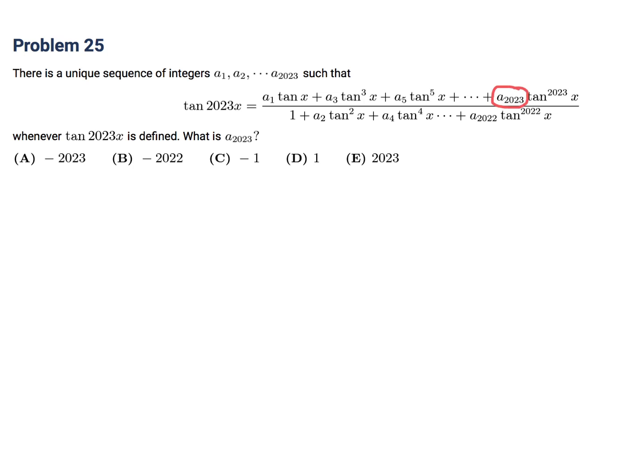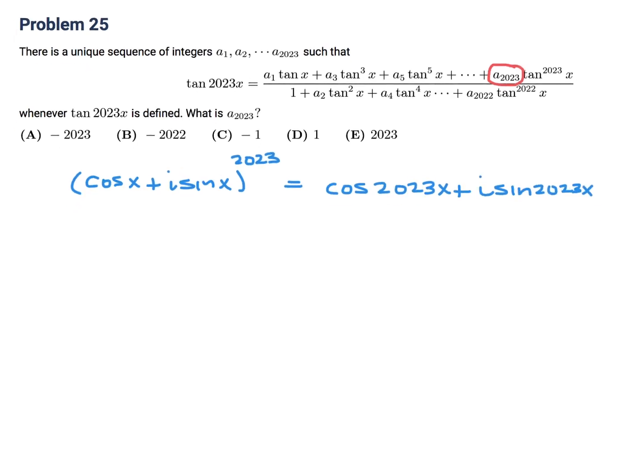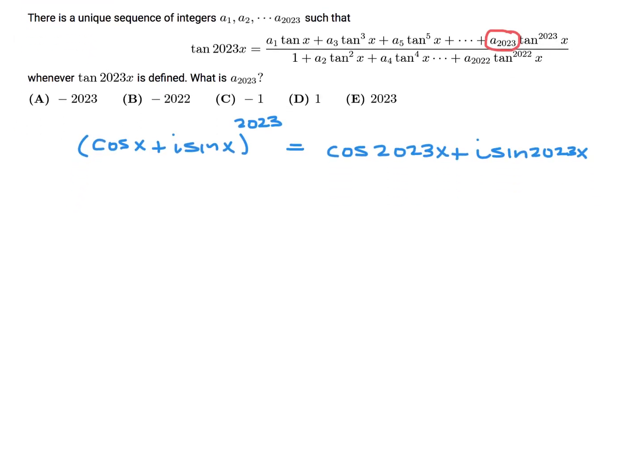Okay, well, what I am reminded of is this equation, which some of you know, involving complex numbers, that if you take cos x plus i sine x to any power, there's a way of expanding it. And the power, of course, that we really want in this case is 2023. And by definition, this is the cos of 2023x plus i sine 2023x. Okay, and hopefully when we expand it, it will somehow resemble that,